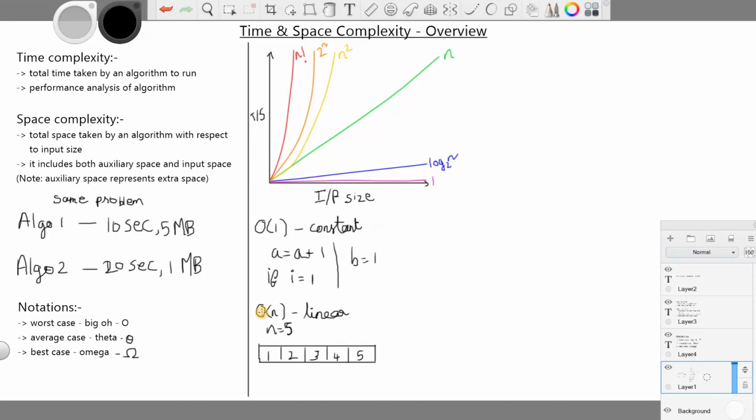At that time, if you create another array similar to this, the complexity will be order of 2n. But mostly in big O notation, we usually drop the constant values like this 2. So this will become order of n itself. So this is the overall time complexity of this problem.